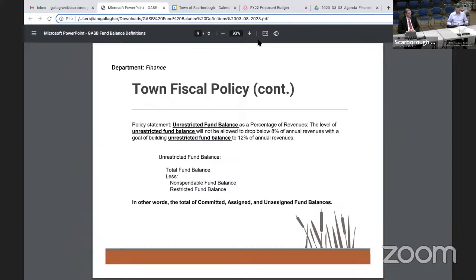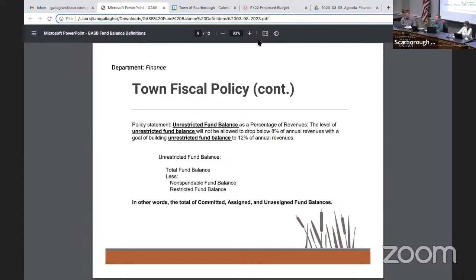So I wonder if we could just spend a minute on these two. I think I'm more familiar with unassigned fund balance because that's the one we hear people talk about most often. And as a rule of thumb, basically it's intended to be cash reserves to help us in the event we get some unplanned issue that we need to have funds for that we wouldn't have normally accrued, right, or have on hand. Correct. And this one is tied to the overall operating budget. But the other one, the unrestricted fund balance, is tied to revenue. So is it safe to say one is sort of like a top line measure and the other is sort of like